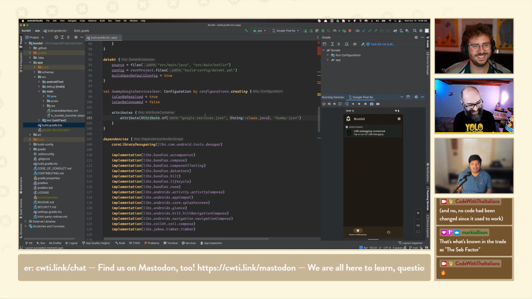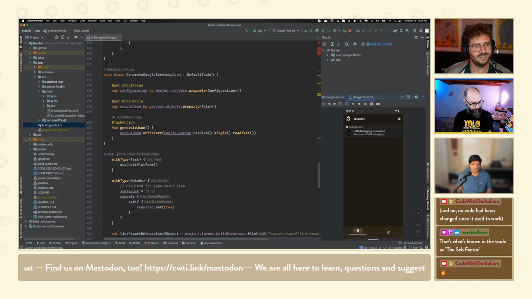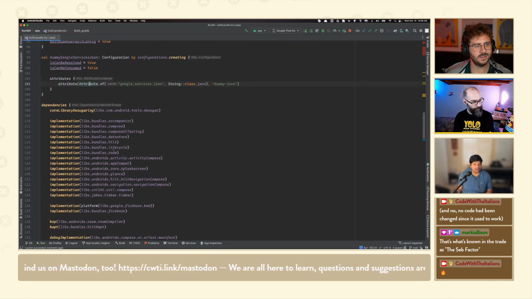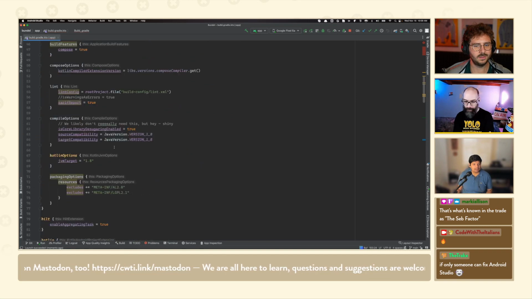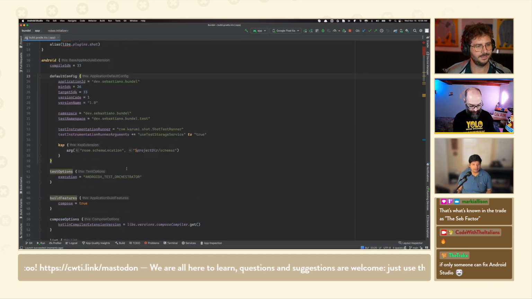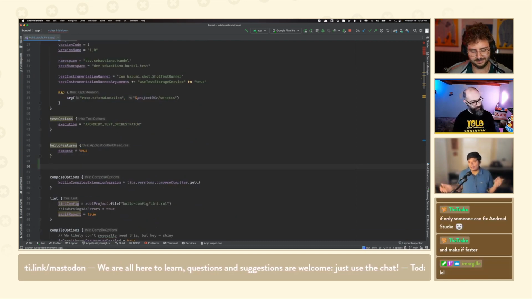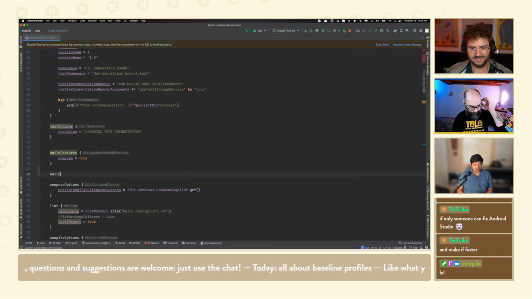Okay, so we have that. Let's actually look at the build.gradle.kts. Here we have our Android block that defines the compile SDK, the default config, and a bunch of other stuff. What we want to introduce is a new build type. All Android apps have two: the debug build type and the release build type. I have to be very careful with my nomenclature because someone from the AGP team is going to be very upset that I called it a variant. So let me just say build types,